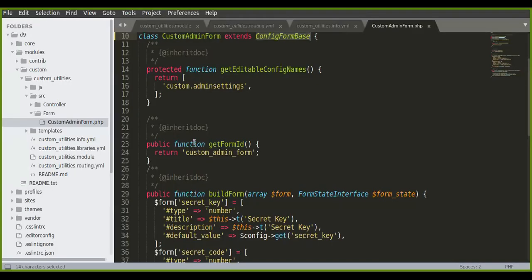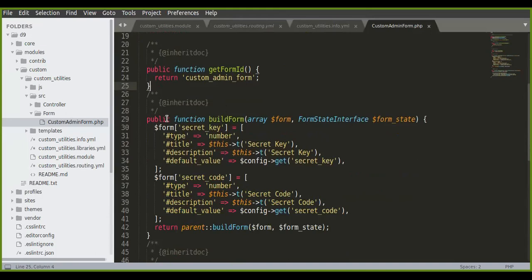Okay, so this is the form configuration, and this is the form ID. We need to put it as the form ID. This is the syntax. Okay, then this is the main part. To build the form, we need to specify the form elements. So by default, I have created two number fields. One is the secret key and another one is a secret code.